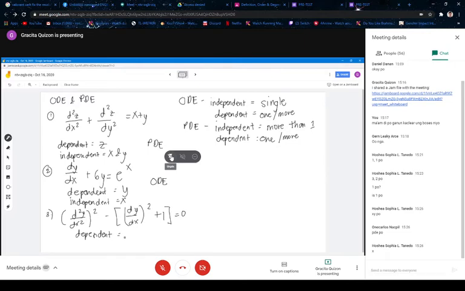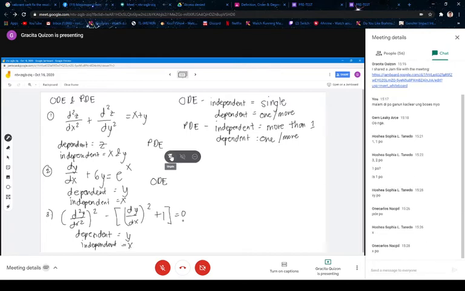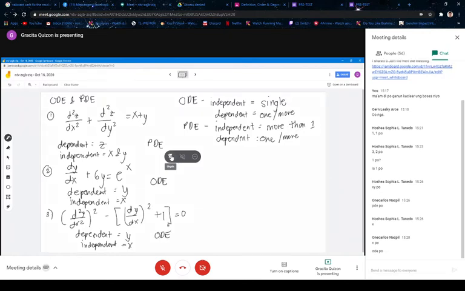Y is the dependent variable, and the independent variable is X. So number 3 is an example of an ODE. So number 4,